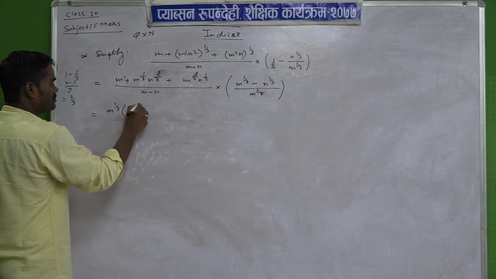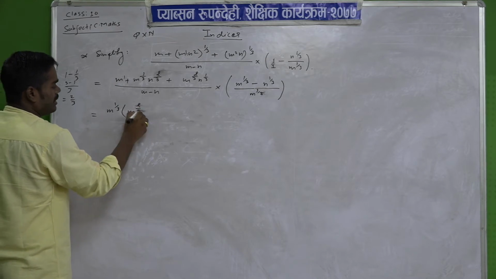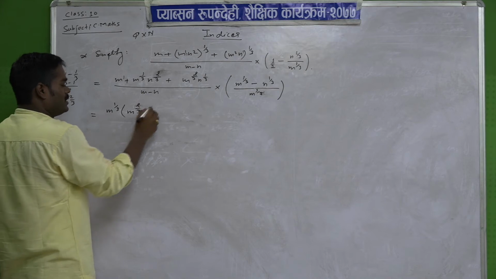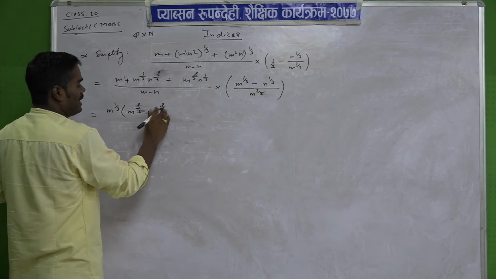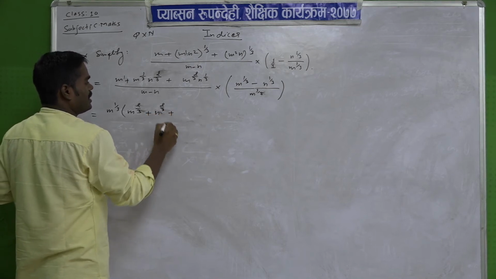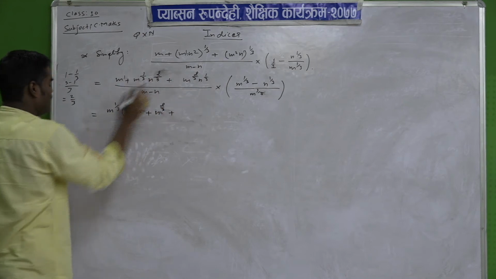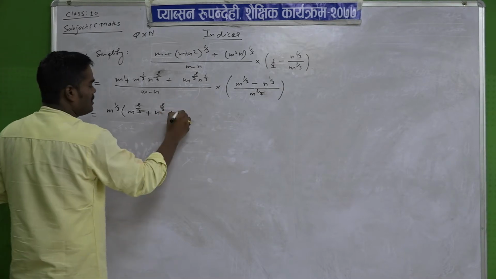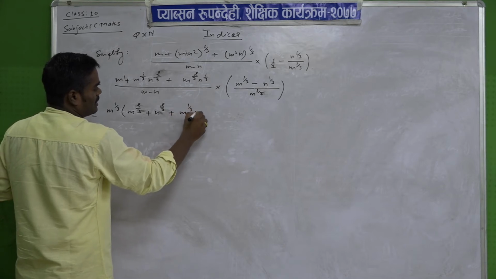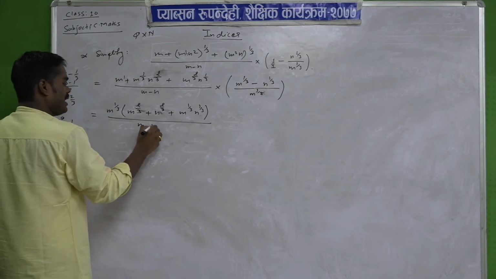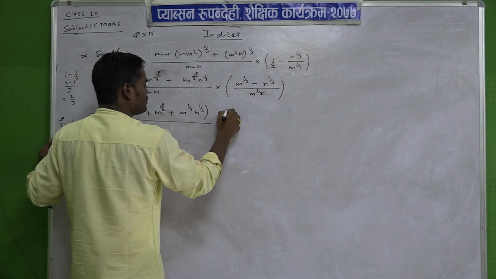So, how much left here in first term? m power 2 by 3, plus what is left here? This totally we have taken. So, n power 2 by 3, plus, and see here is 2 by 3. So, 2 by 3 we have taken the common 1 by 3. So, what is the LCM? 3. So, 2 minus 1 means what? 1 by 3. How much left here? m power 1 by 3 n power 1 by 3, whole upon m minus n into, here you can write